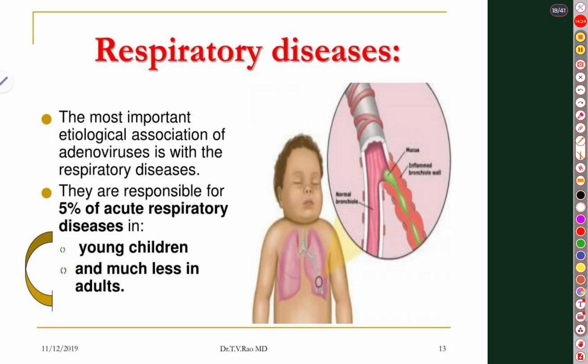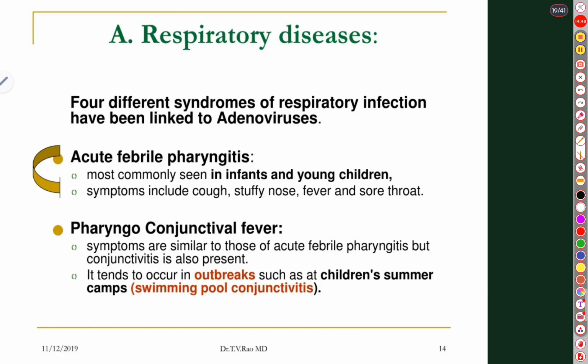So what are the respiratory diseases? The most important etiological association of adenovirus is with the respiratory diseases. They are responsible for 5% of acute respiratory disease in young children and much less in the adult. Okay, 5% of the acute respiratory diseases in young children and in the adult. What happens now? 4 different kinds or the different syndromes of respiratory infection have been linked to adenoviruses. 4 different syndromes of respiratory